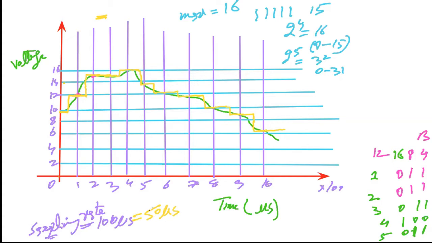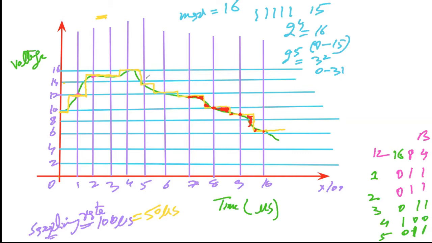Okay, if your sampling rate is 50 microseconds, then the accuracy will be more, because this graph will be near to this analog graph. If you see over here, from this up to this we get an error, and that error is this. We get a minute amount of error, and that is this one. From this point up to this, we get this much of error. From this up to this, we get this much of error.